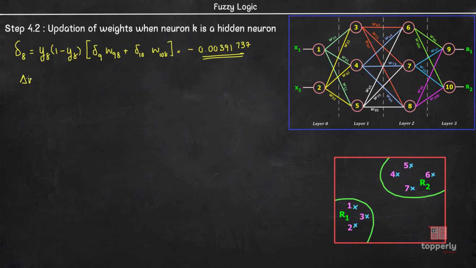Therefore, delta W83 is equal to minus 0.00089468, and W83 of n plus 1 is equal to